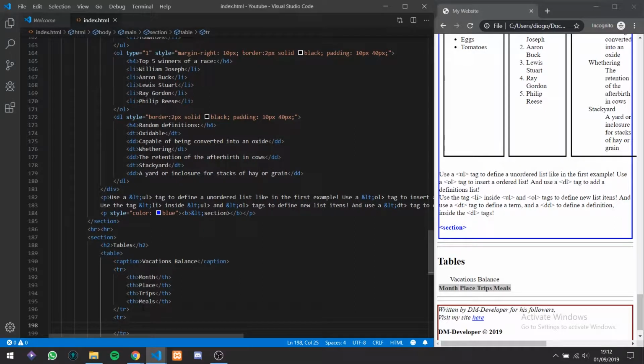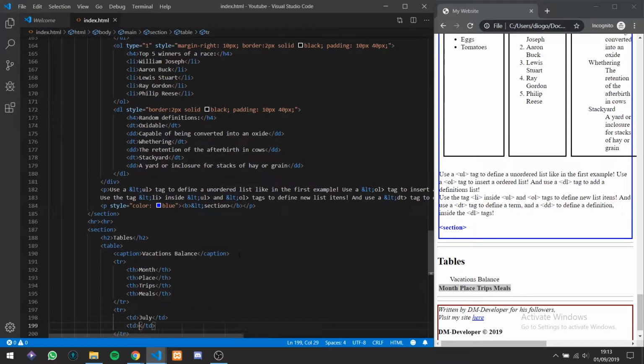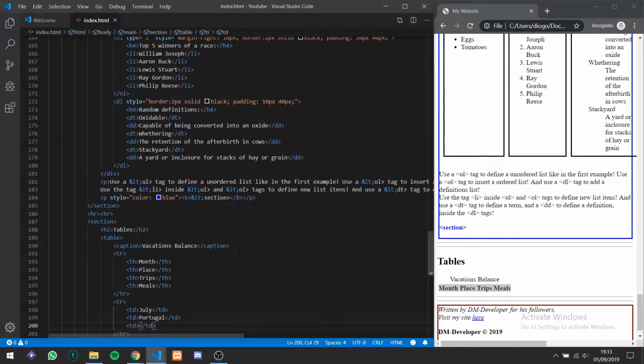In this row we can already give some content to our table. So let's start with the first one, being the month column, and let's say it was in July. Then another one, and say I was in Portugal, and another one, and say I spent, for example,